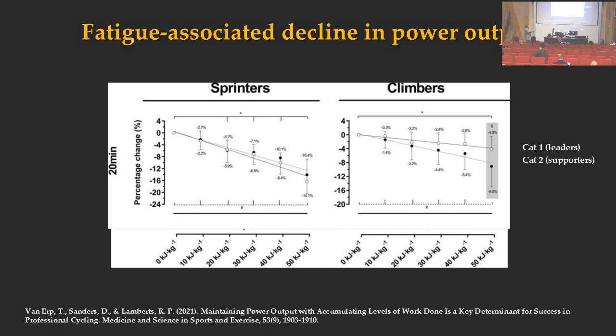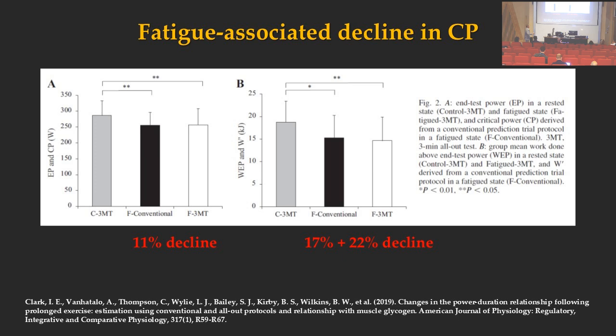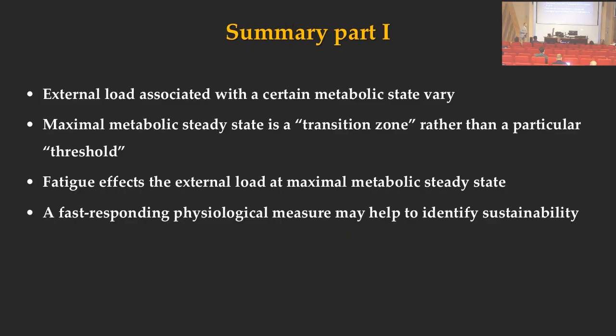And there appears to be a difference in more successful riders, that they are more fatigue resistant than their peers that are not as successful. And the same here for one particular marker, the critical power. In this study, they did the control, so it was in the rested state. And the conventional method using 3 to 5 prediction trials to estimate critical power, and the 3-minute all-out test after, I think they did a 2-hour moderate intensity ride to address this, and there is about an 11% decline. So also fatigue plays an important role when we use external load and would like to evaluate a physiological response to this. Now,